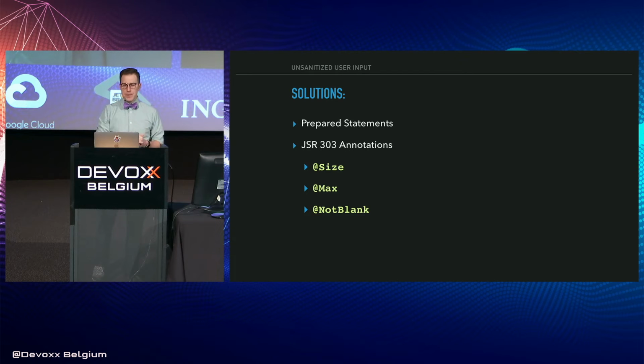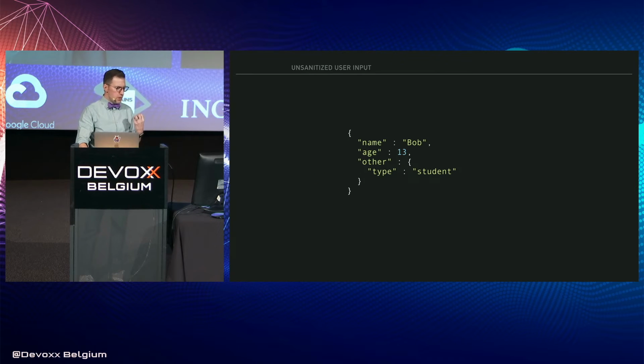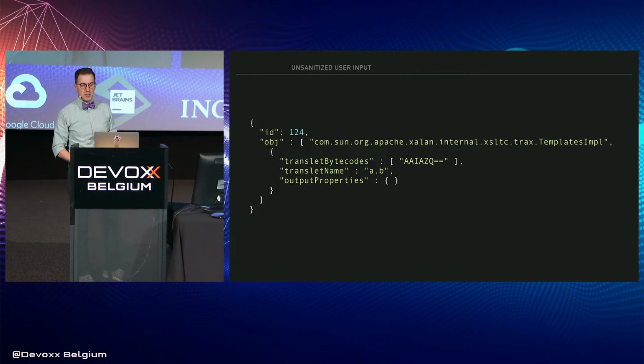These are good tools, but they're really meant to apply constraints to the database. They don't work terribly well as a mechanism for protecting things at the edge. Right? And so for that, we need another tool. Because if you're expecting a JSON payload like this with a person's name and their age, and you get a payload like this